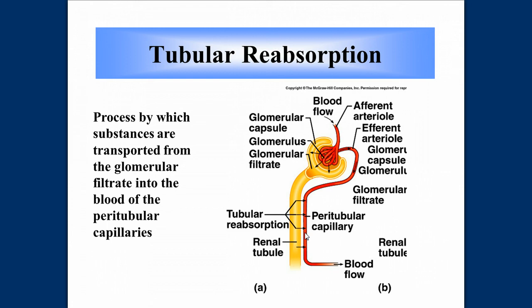So it's transported out of the tubular fluid through the epithelium into the interstitial fluid and then back into the bloodstream. And it is moved by a process called active transport. Active transport requires energy. Glucose is present in the glomerular filtrate, but for the most part is absent in the